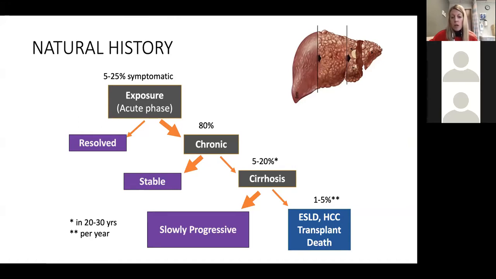Of those, approximately 5 to 20% go on to develop cirrhosis, and approximately 1 to 5% go on to develop end-stage liver disease, HCC, and may require a transplant. And this is really a slowly progressive process. It happens over 20 to 30 years, but it can be accelerated by things like co-occurring hepatitis B, co-occurring HIV,